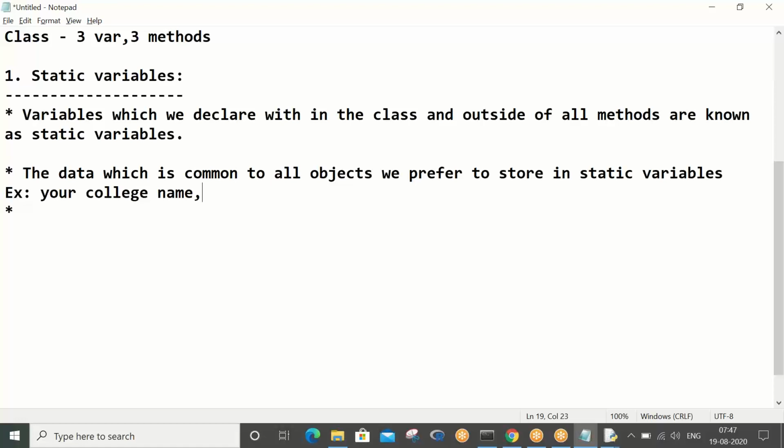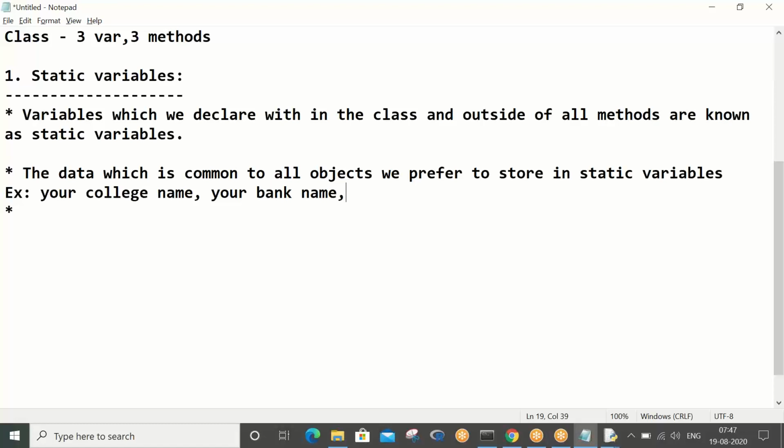Those college students, while filling their respective forms, will write the same name. Or your bank name: thousands of employees come to HDFC Bank daily, and everybody, while filling the form, writes the same bank name.